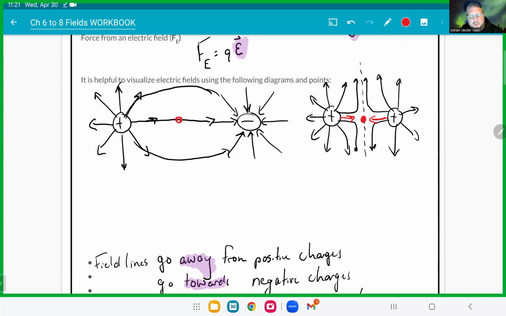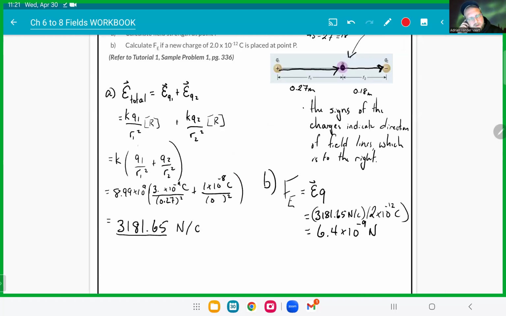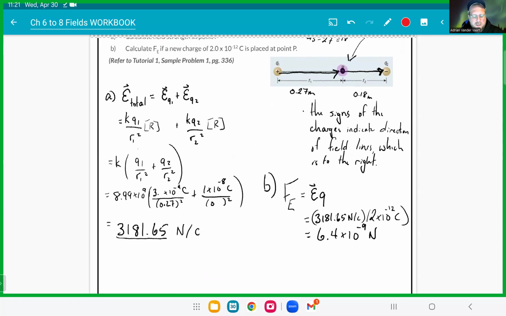Whereas if I consider this location here, the field lines from the first one are going to the right, and the field lines from the second one are going to the right, so they're going to add together. And actually, that's our first example. Now, this is going to look very similar to what we did in the